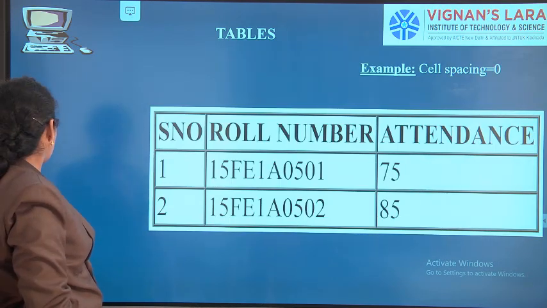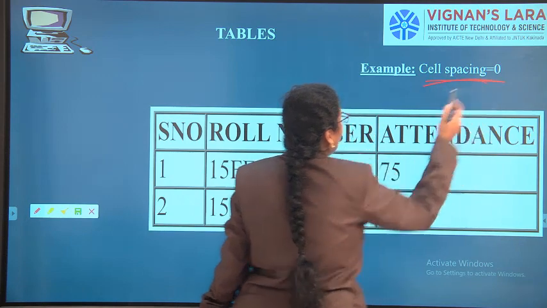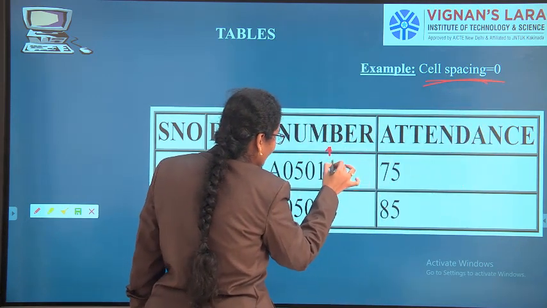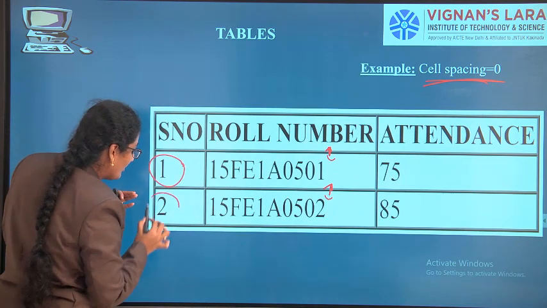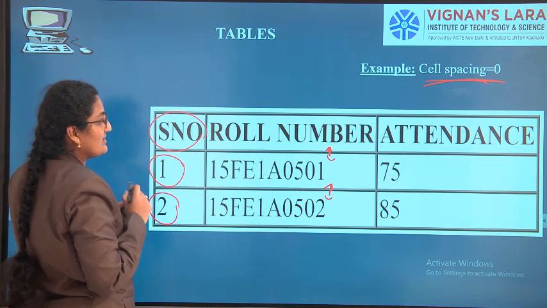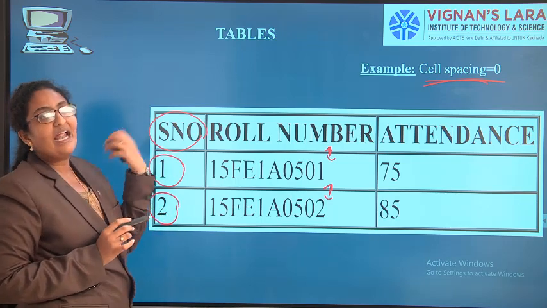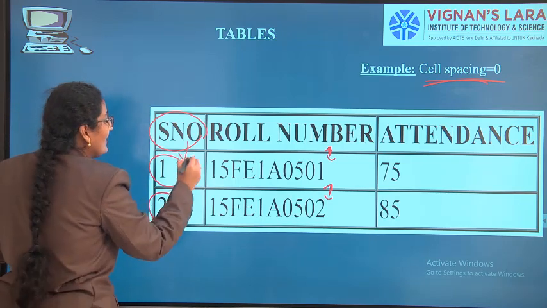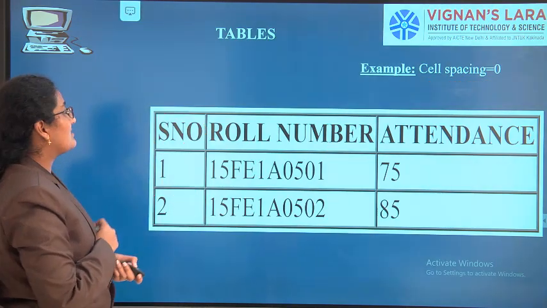See here, cell spacing 0. If cell spacing is given as 0, there will be no space between each cell. 1 is a cell, 2 is a cell, serial number is also a cell. I have given cell spacing as 0. Cell spacing is an attribute in table. When cell spacing is 0, we don't have any space between cells.